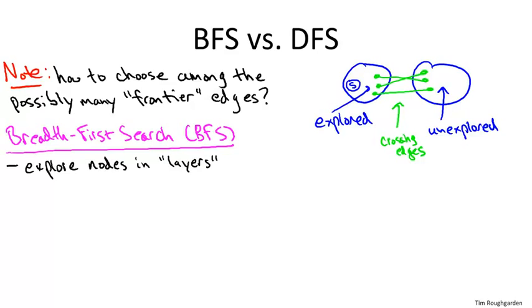You can think of this as a fairly cautious and tentative exploration of the graph. And it's going to turn out that there's a close correspondence between these layers and shortest path distances. So if you want to know the minimum number of hops, the minimum number of edges you need in a path to get from point A to point B in a graph, the way we wanted to know the fewest number of edges in the movie graph necessary to connect John Hamm to Kevin Bacon, that corresponds directly to these layers. So if a node is in layer i, then you need i edges to get from S to it